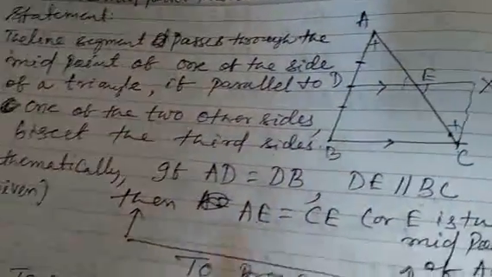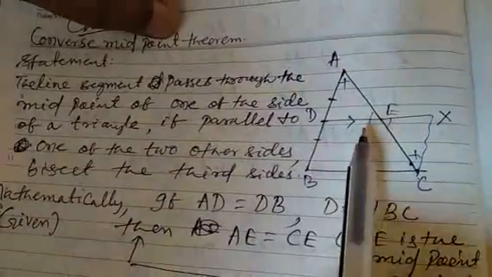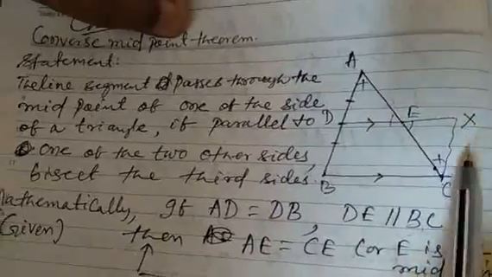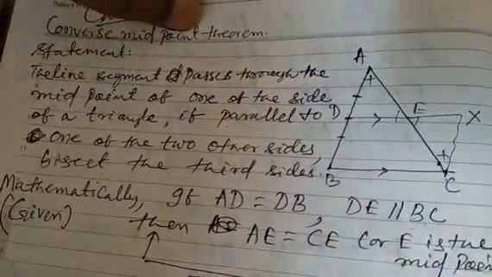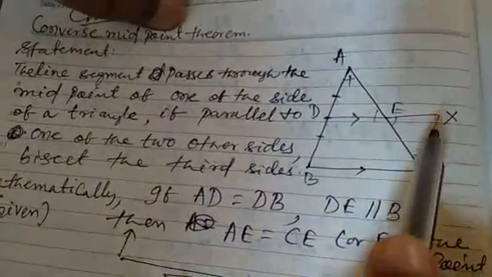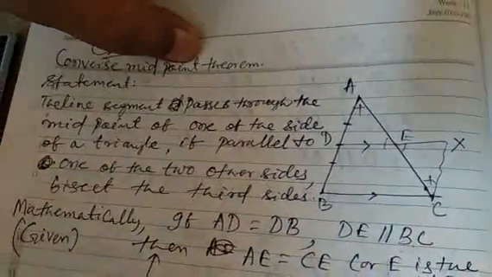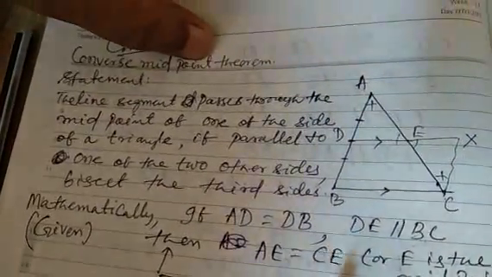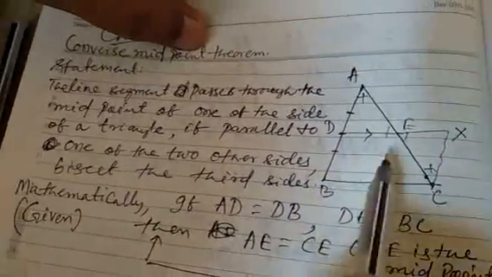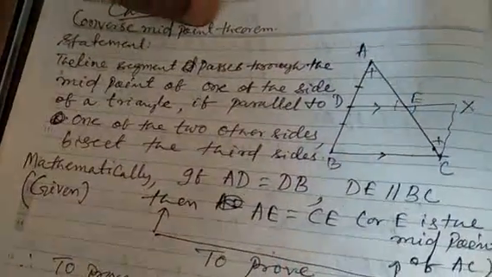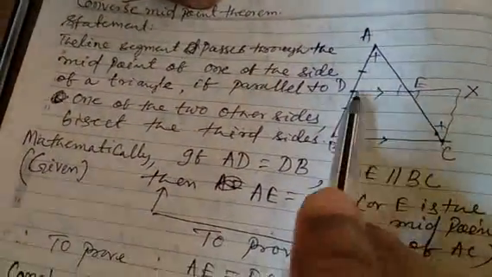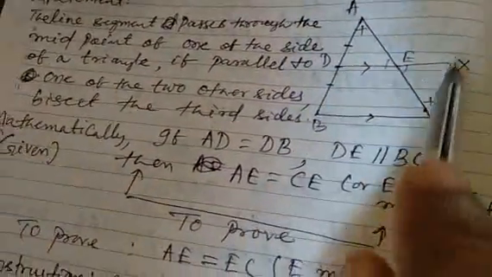So like before, as we proved in the midpoint theorem, let us produce DE to X such that CX becomes parallel to AB. This construction will be required. So this now becomes parallel to AB. By doing so, we have, as given in the figure, this is equal to this. Now this is parallel to this which we have taken, and we have also been given this is parallel to this. That means this figure is a parallelogram.